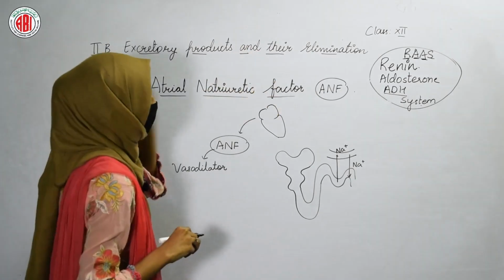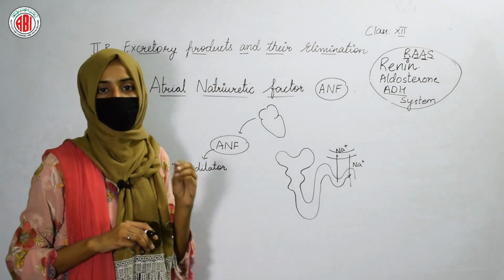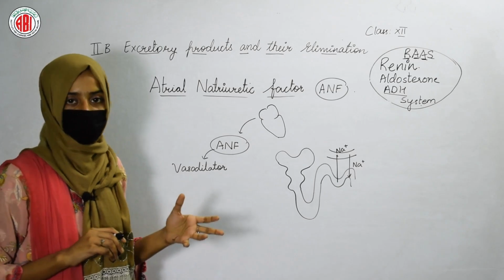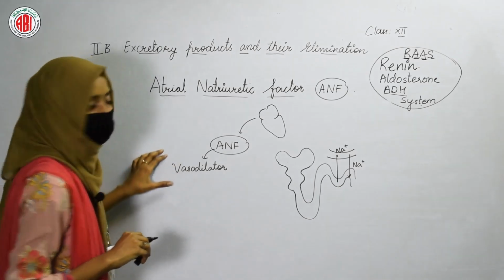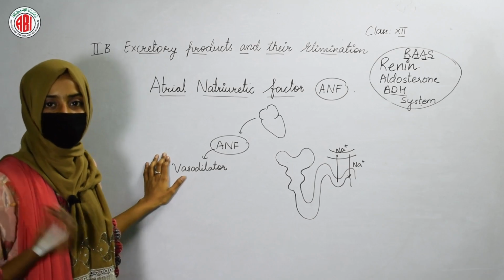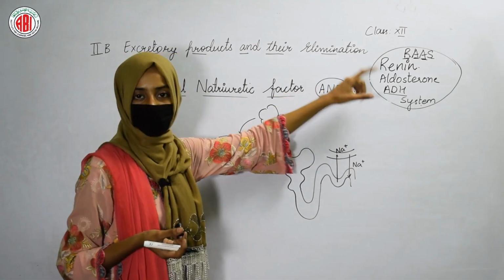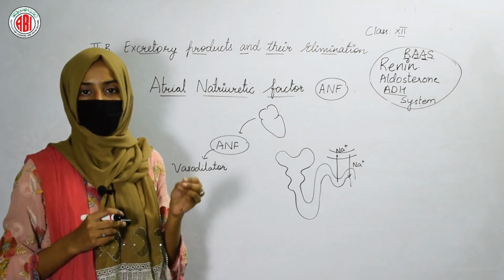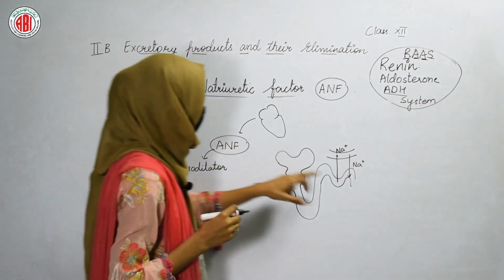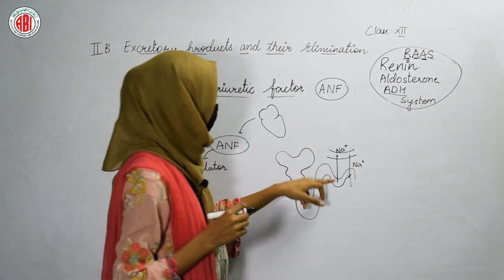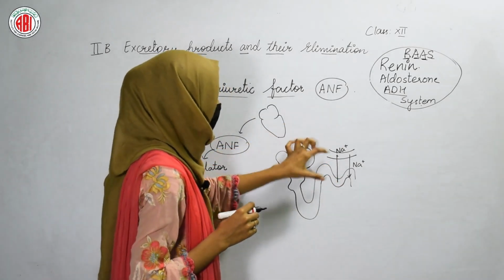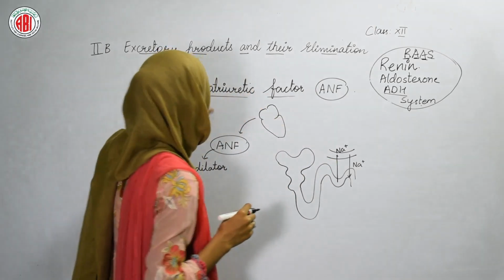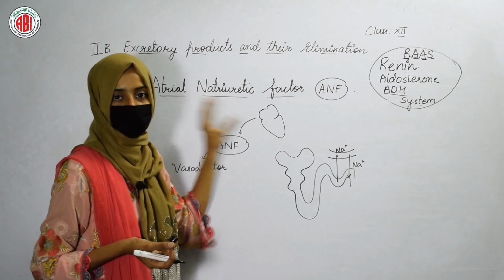In the RAS, we have seen that the hormones are vasoconstrictors. They constrict the efferent arteriole in order to increase the blood pressure. But here, ANF is a vasodilator. It acts in an opposite manner. Aldosterone is a hormone present in the RAS system. This hormone stimulates the action of a pump called the sodium potassium pump, right? When the sodium potassium pump acts and the sodium ions are moved out of the renal tubule into the interstitial fluid, at that time ANF becomes activated by the heart.